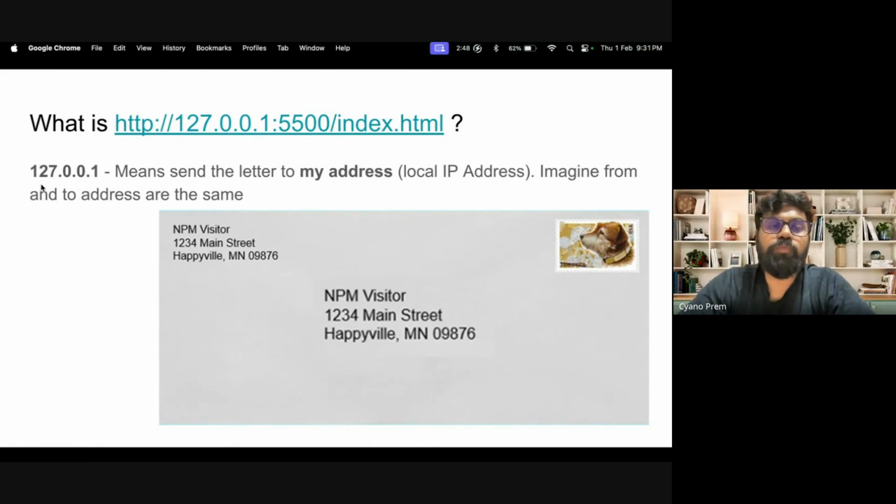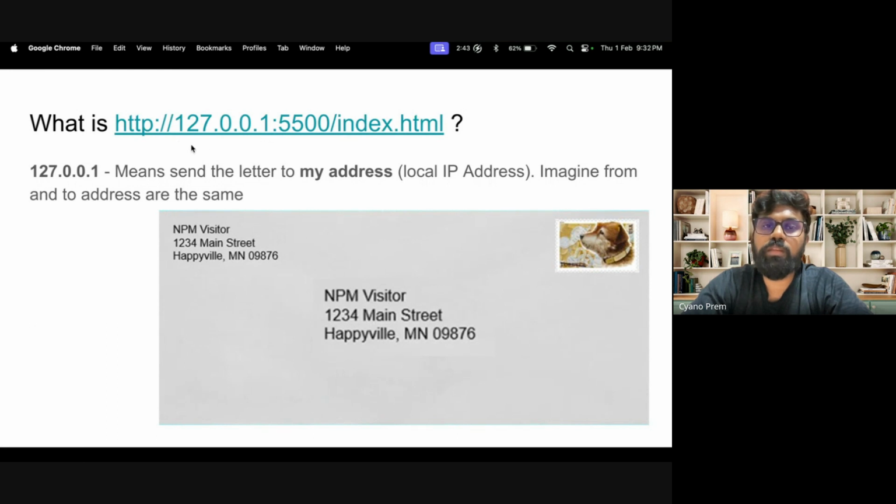Okay, and this 127.0.0.1. Okay, so this is an IP address. This is how an IP address looks. And whenever you write 127.0.0.1, it means you are connecting to your own computer. You are connecting to your local IP address, right? So if you take an example, let's say you make a post letter, and the from address is this, and the to address is the same as the from address. So basically what you are doing is you are sending data to your own home, your own house.